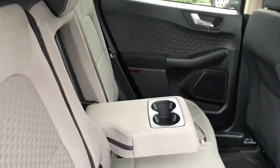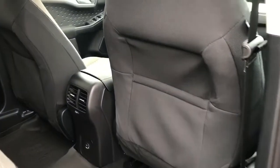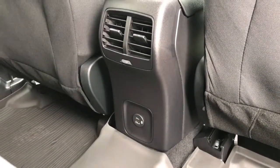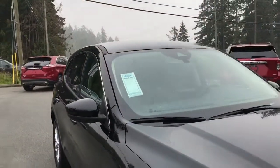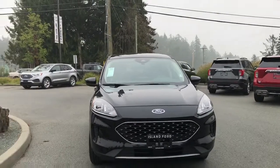In the center is an armrest with a couple of cup holders, and you've got these nice all-weather mats for easy cleanup. Some pockets on the back of the front seat, air vents in the center, and you have your USB and USB-C. Up above, hooks, handles, and lights. Glass in the back windows, powered side view mirrors with blind spot information system, halogen headlights, and